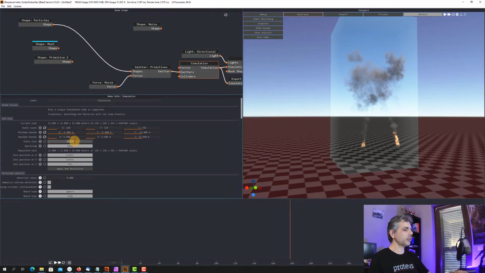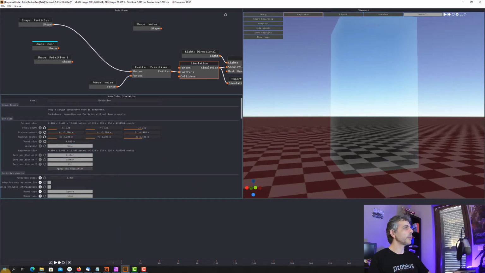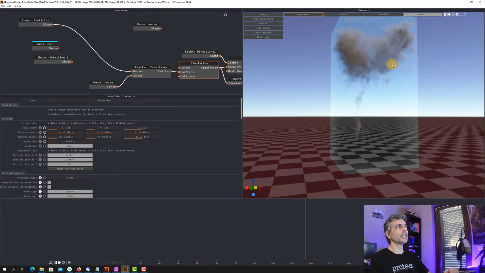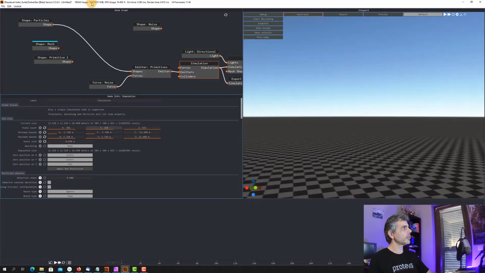By the way, it's better to have a higher quality, so we go lower with the voxel size. In this way, we'll be able to see a better simulation. We see more details, but we have to scale up the bounds too, and I like to go a little bit down with the voxel size to have something better. So let's go for -6 and 6 for both X and Y, and -12 and 12 for the Z. Apply, and it's going to use a lot of GPU memory,